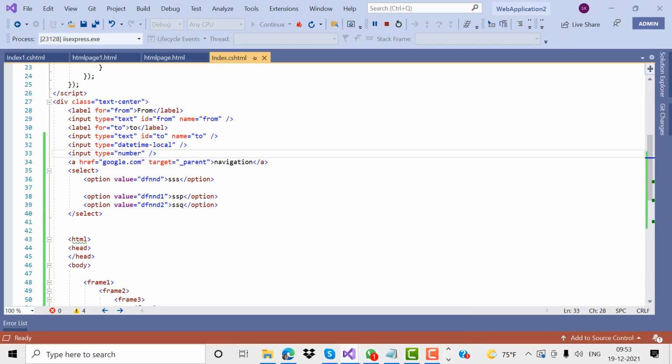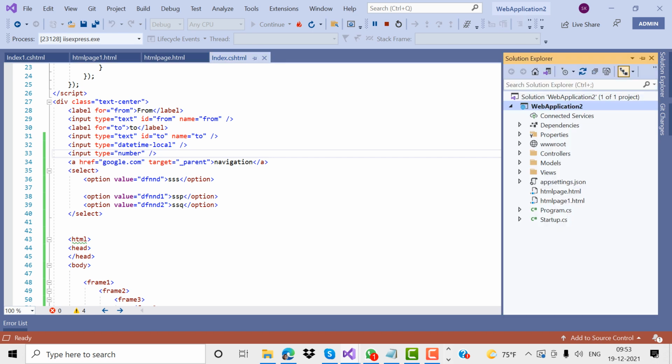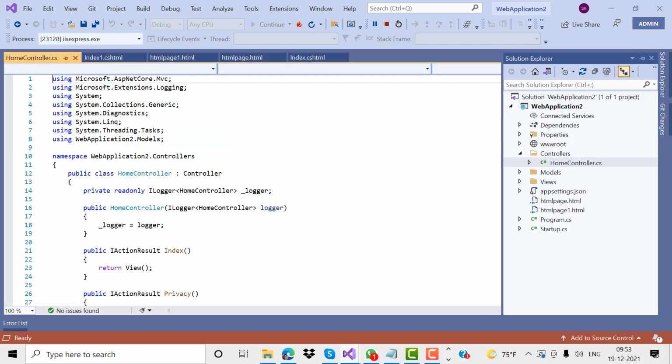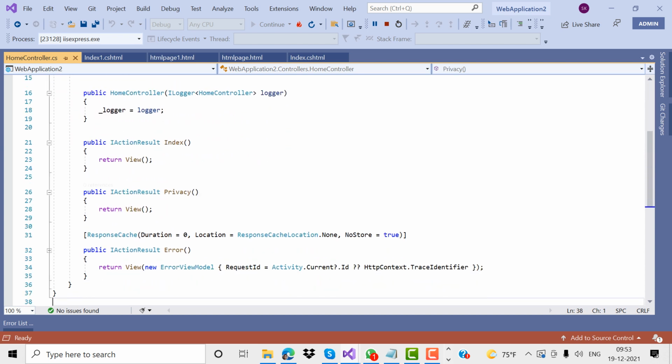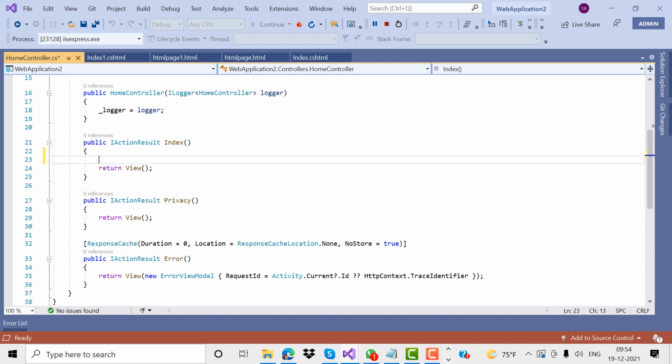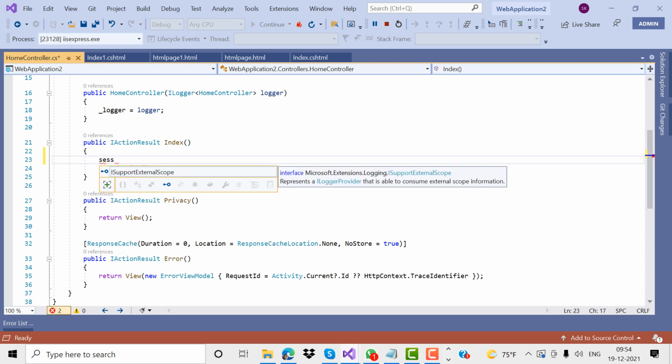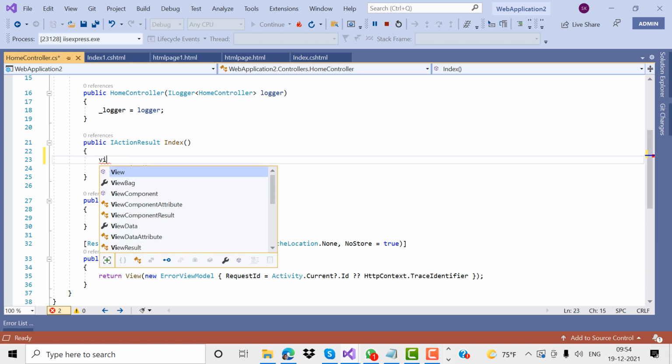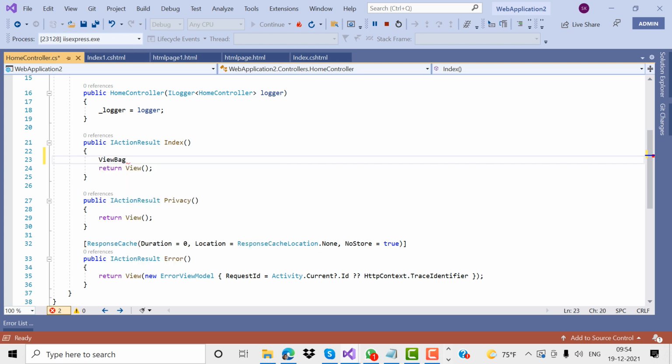In the controller, through session management, session. ViewBag of value equal to, the entry like so, you can set a string value.